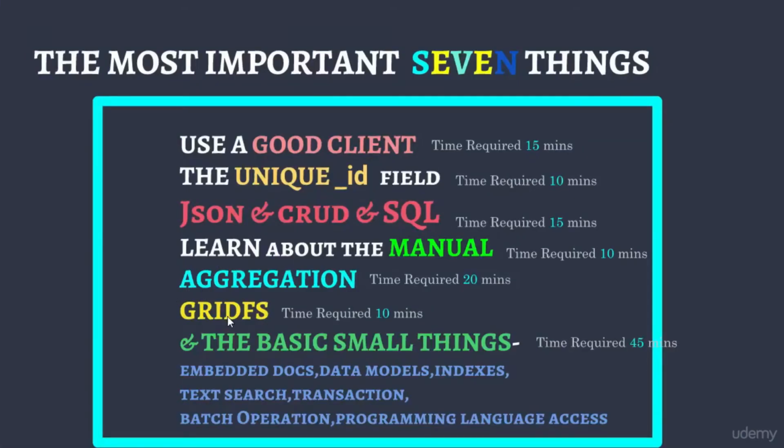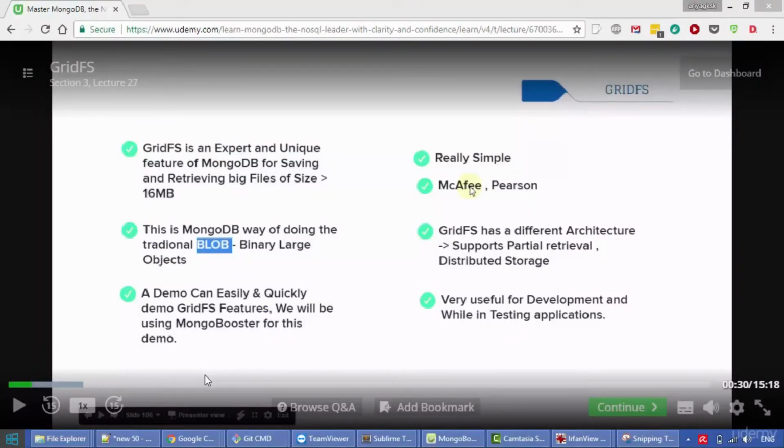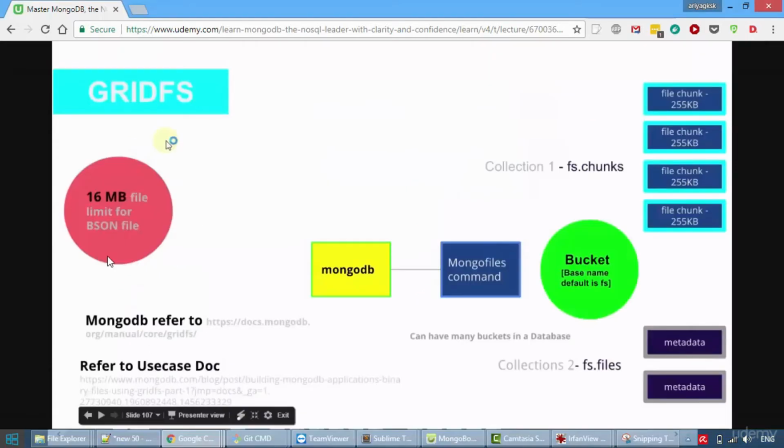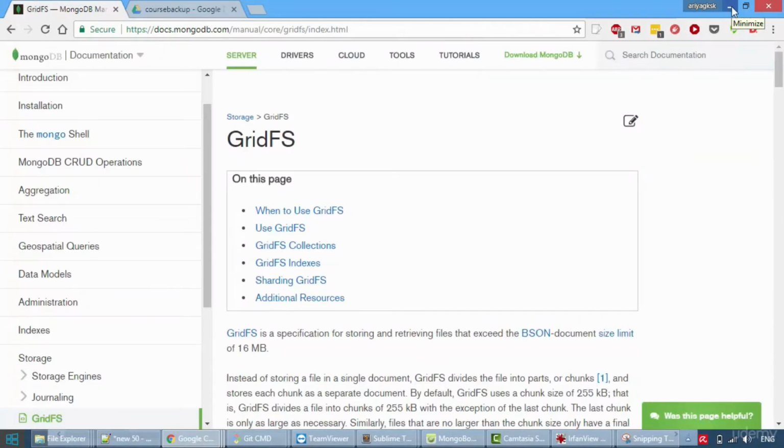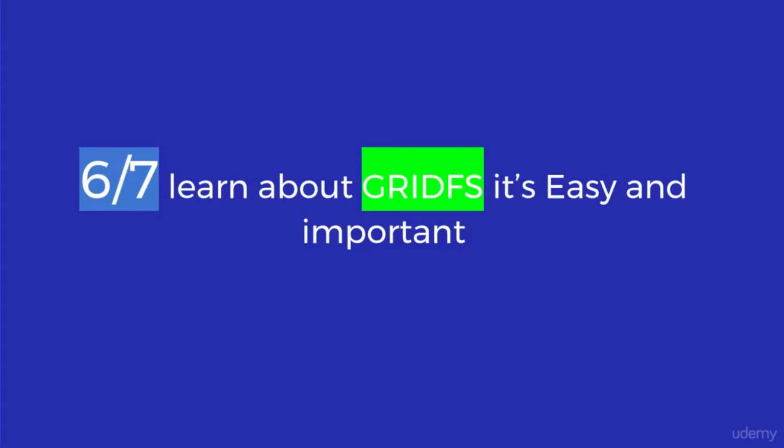The sixth one is GridFS. This is one of the easiest topics to understand. In MongoDB, we have a size limit of around 16 MB for every document. So to overcome this, MongoDB has provided a separate efficient GridFS framework. So using GridFS, you can easily handle binary files like video files, audio files, or PDF files, and you can partially retrieve them and you can distribute them easily. This is one of the main uses of MongoDB, and most of the medical companies using MongoDB use this feature.